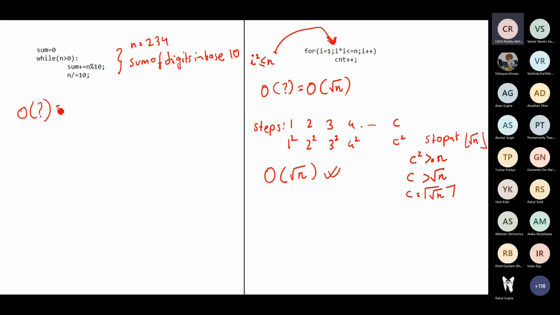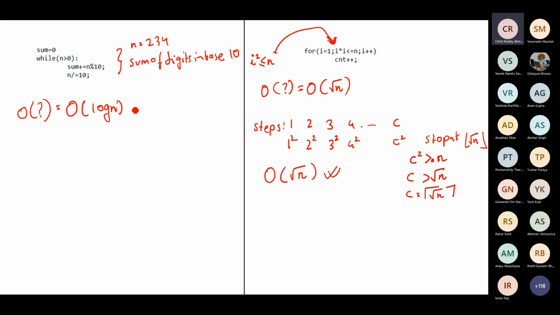Log n to the base 10. More than 2n should be fine. Log n. Yeah, yeah. You guys are right. It will be, wait, sorry. It will be O of log